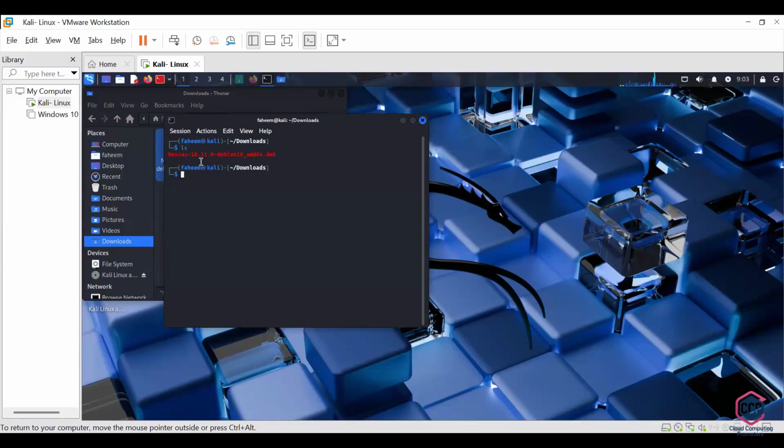Now what you need to do? Sudo apt install. Remove all these things. Go back.